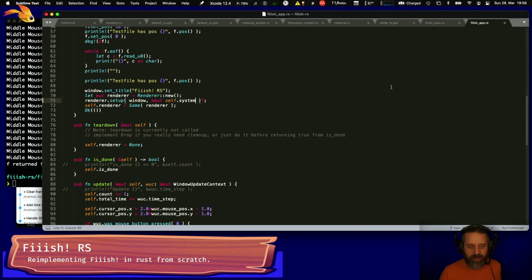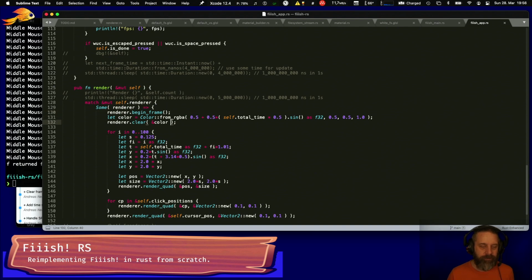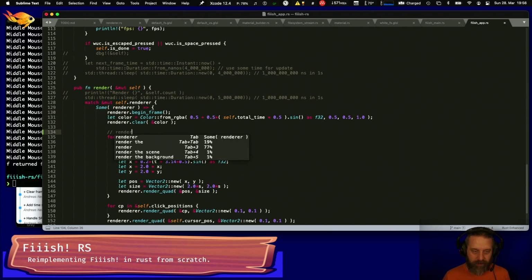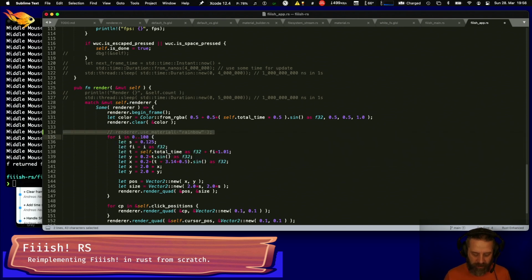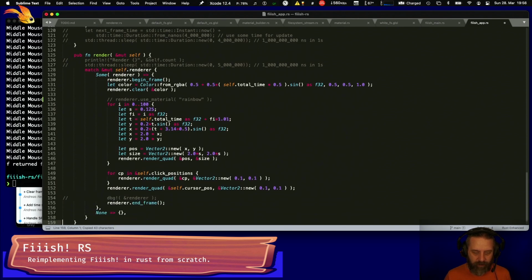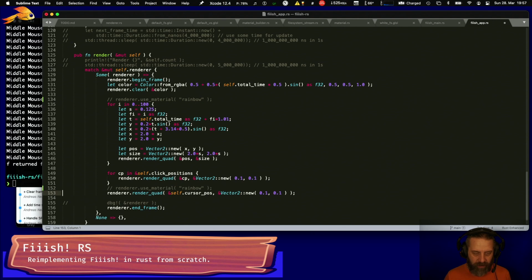so what we could do is here in the app we could say, hey renderer, just a Siri renderer, use material, I don't know, maybe they have names. What? Rainbow. And then down here we have use material for the mouse thingy. We have use material white, right? We could just do that, but that's not really what we want, because then we have to keep track of the materials. What we really want is